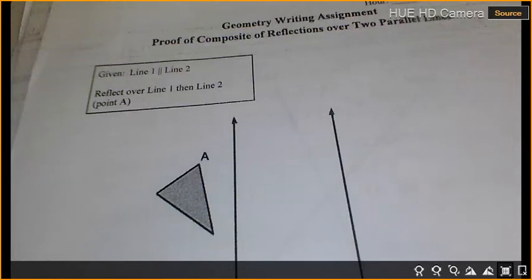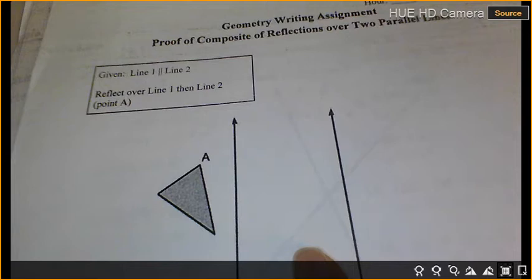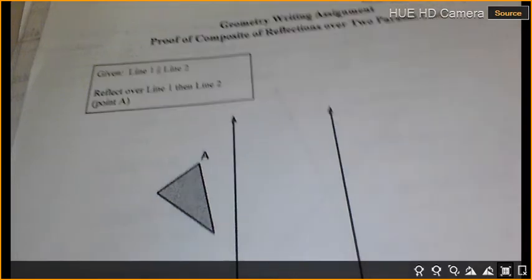All right, guys, we're looking at the writing part. All right, proof of composite, reflecting over two parallel lines. You're going to write out in words what you would do to show the distance between A to A double prime, or double image, is double the distance between line 1 and 2. So you're going to actually do this proof up here at the top, and then you are going to write